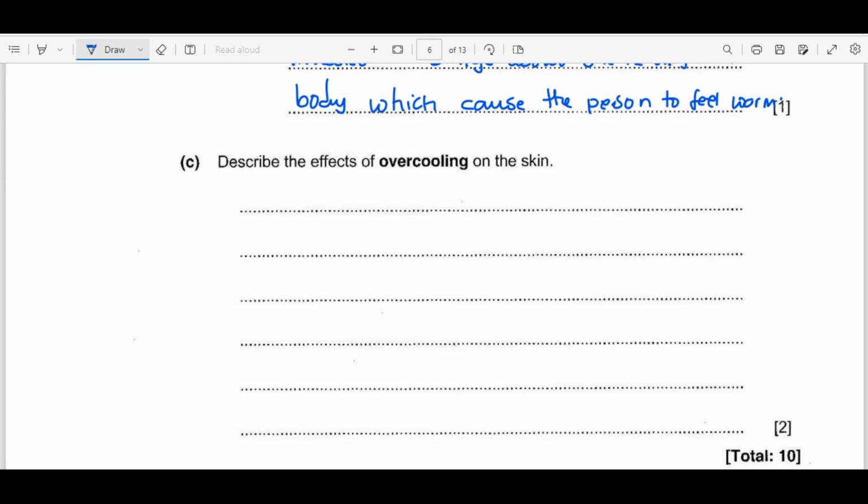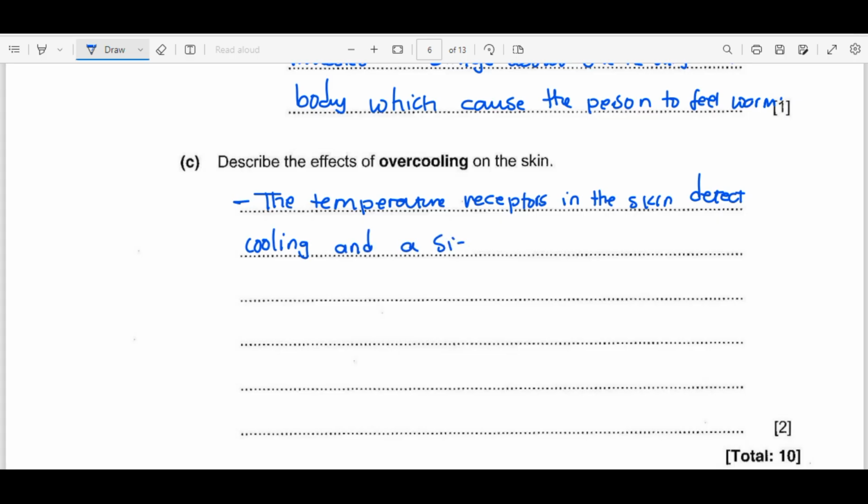So we'll say the temperature receptors in the skin detect cooling and a signal, so there will be that communication, a signal in the form of an impulse is sent to the